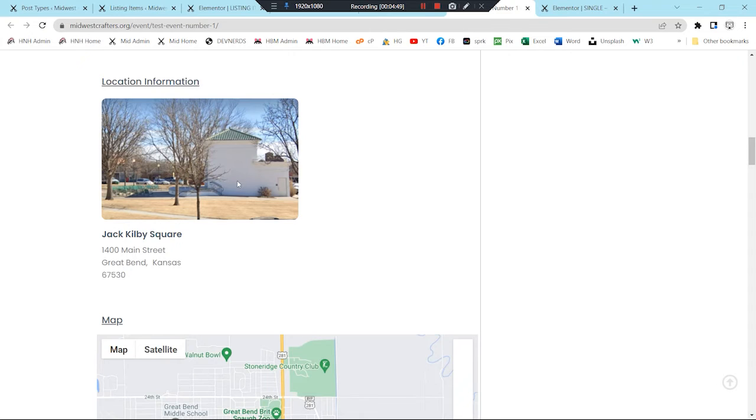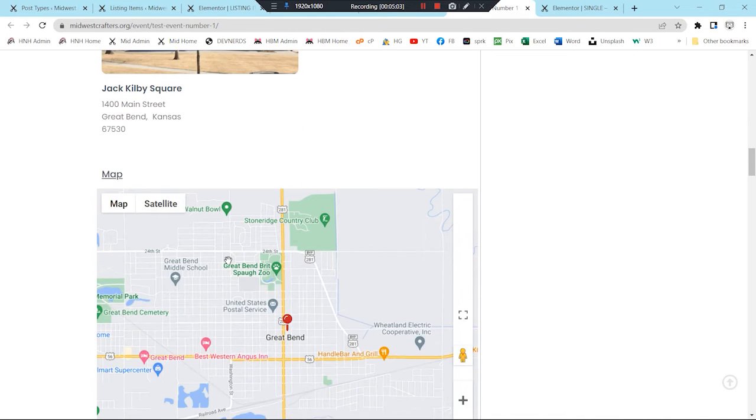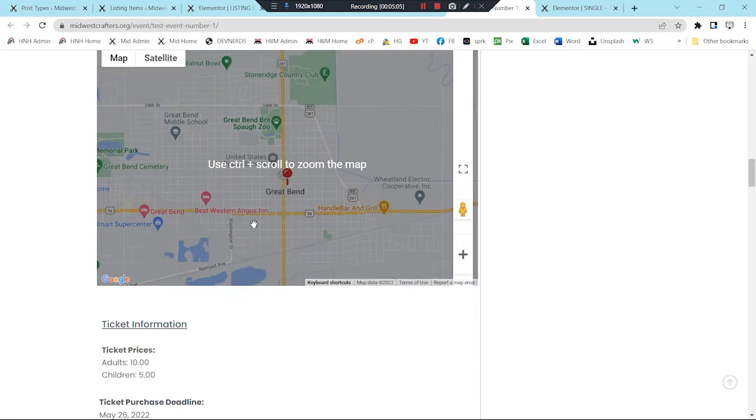This will help vendors and people to find the building or the area where it's at a lot easier. If it has a name, like here in Great Bend, we have Jack Kilby Square. If it doesn't have a name, that's fine, and then add the address, and then of course the map will